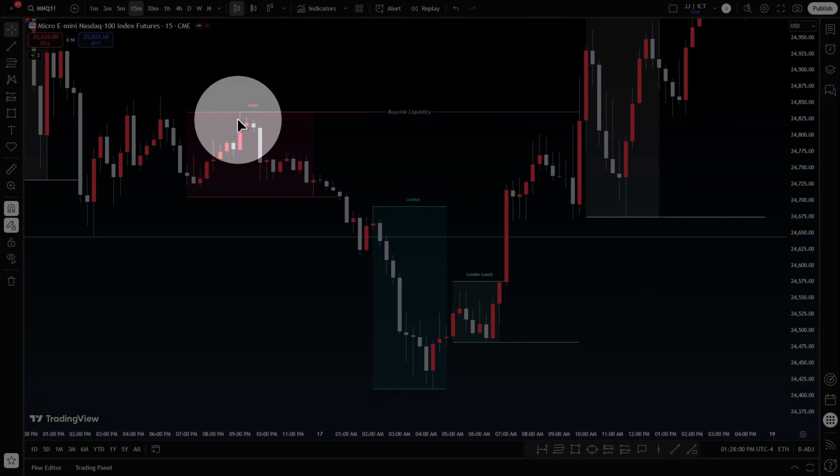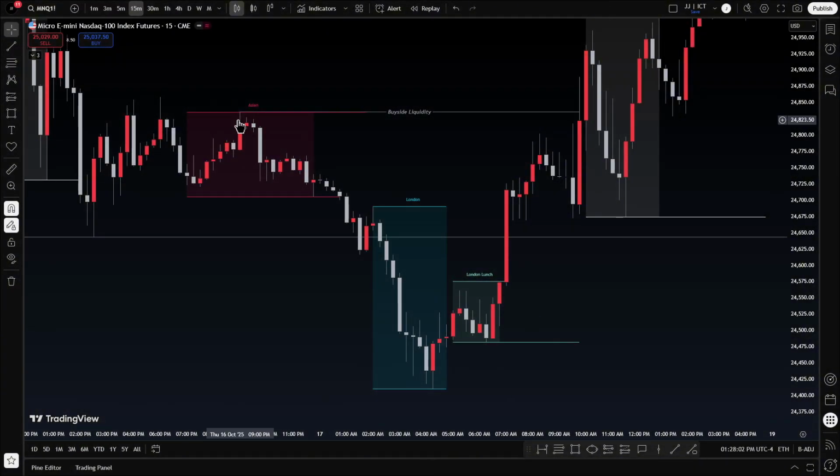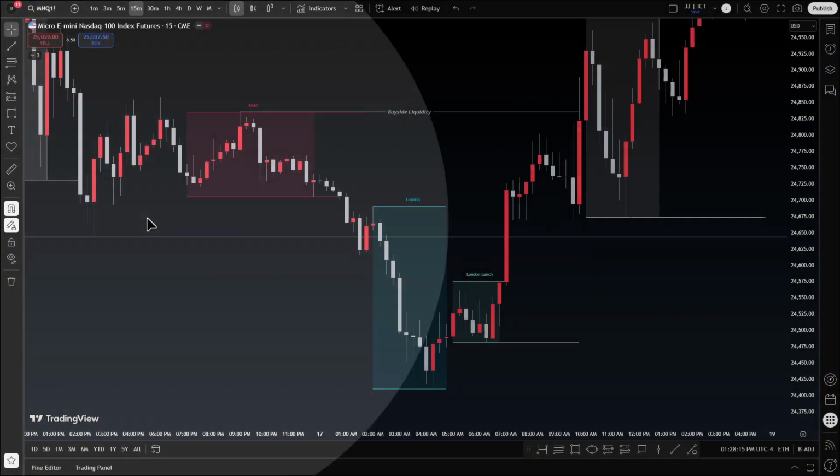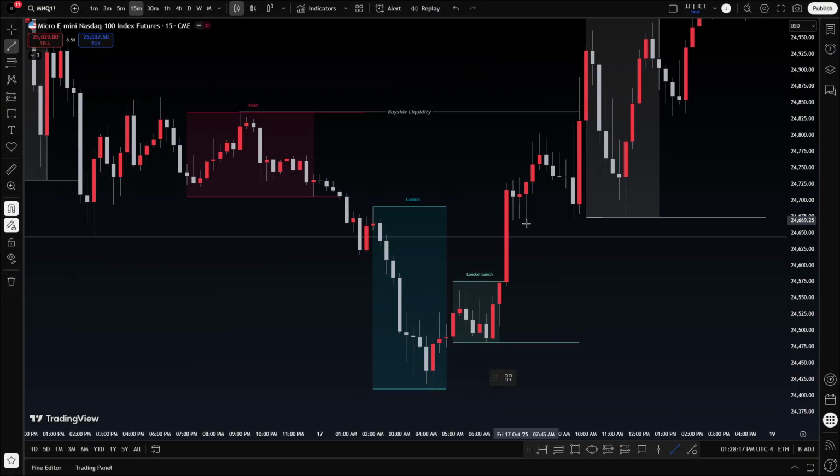can do that too. But when you implement time into liquidity, it supercharges the actual level of liquidity, okay? So it's not just your normal level of liquidity, like this right here. Well, no, that right there is actually pretty important because it's a previous daily low. But you get what I'm saying. Or this low right here, it's still a low. It can be used as liquidity, but it's not as significant as the London high or the Asian lows. You get what I'm saying?